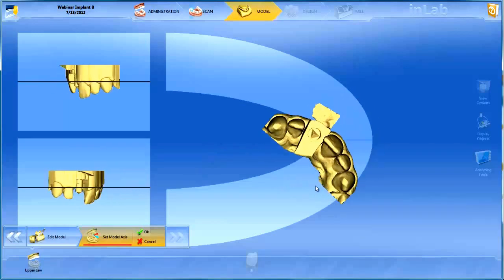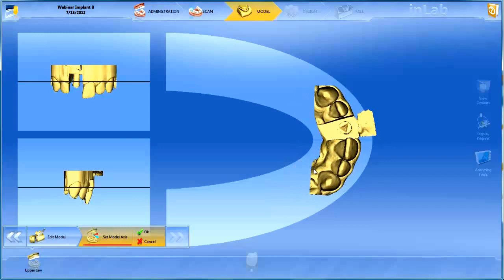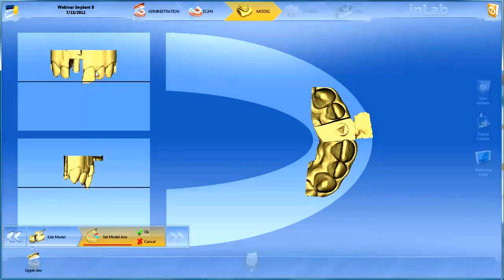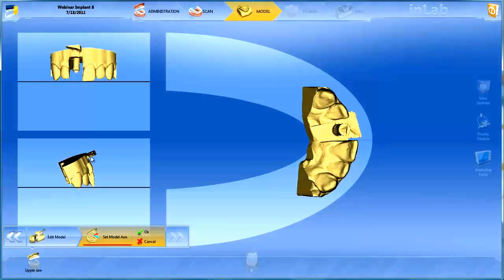So again, we're going to rotate our model and set it in the axis. Set it along the midline here. Again, this is why I scan on anteriors from cuspid to cuspid. Makes it much easier to set it on this axis or on the bite plane, and that does affect the